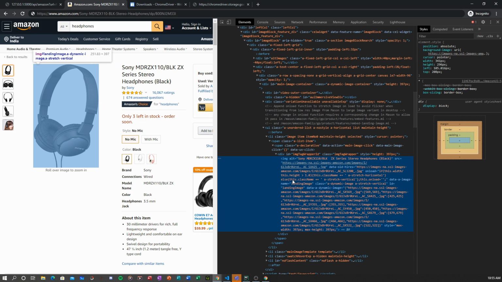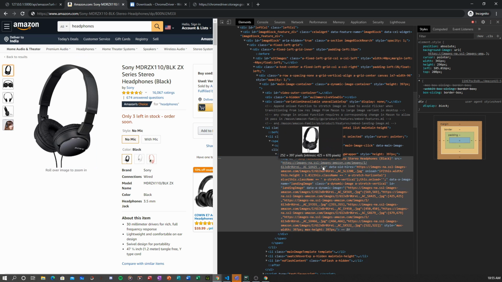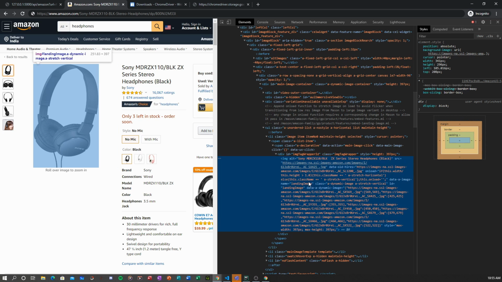Inside this div, this highlights the image here, but basically we want only this link. This link, images dot Amazon, and you see here it ends with a JPG, and if you hover on the link, it also shows you the image. So we actually want this link, but not the image itself. We just want the link to the image.